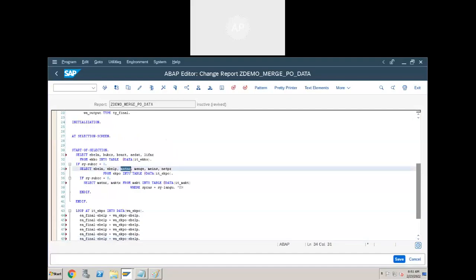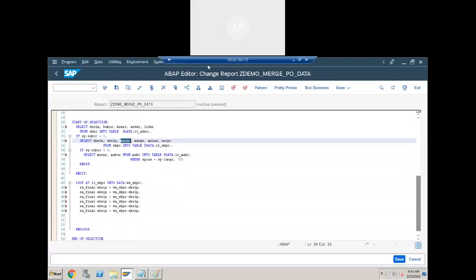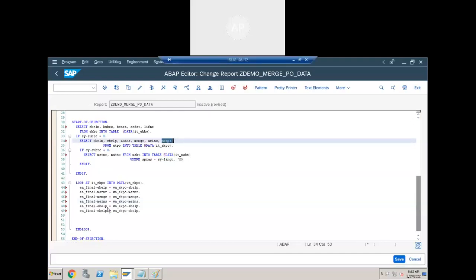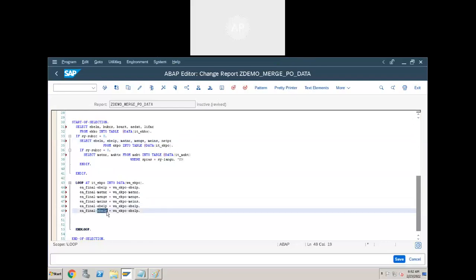All these fields, Matnr. NETPR means price of the purchase order.